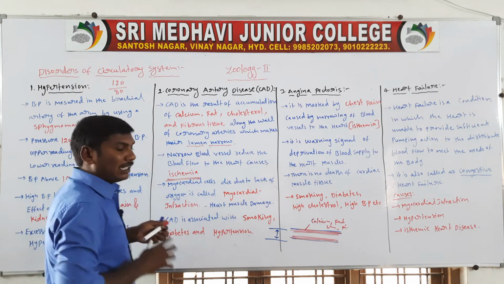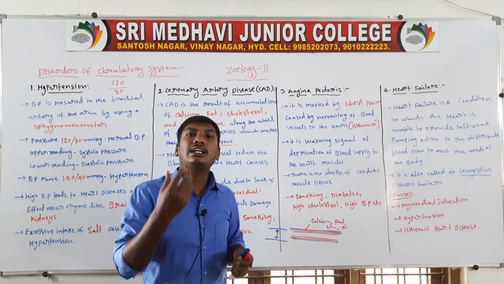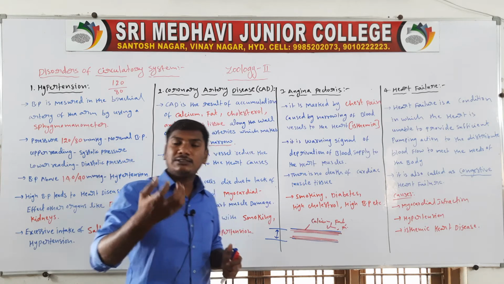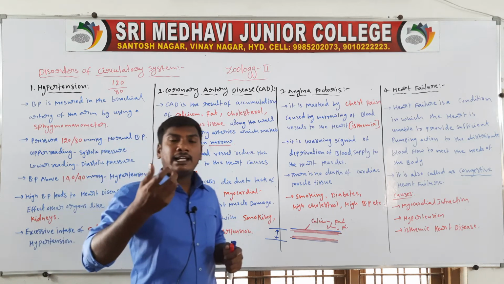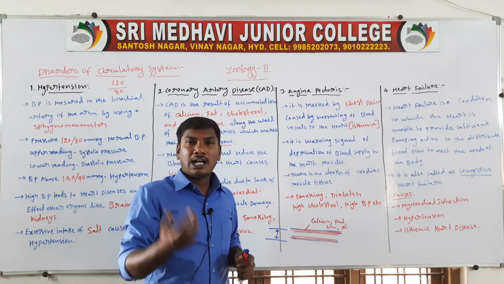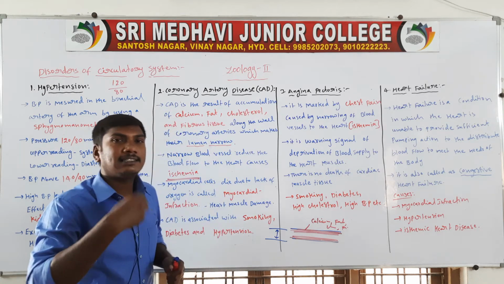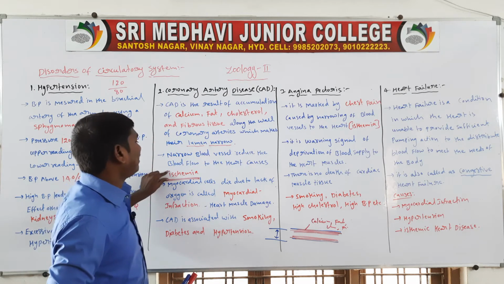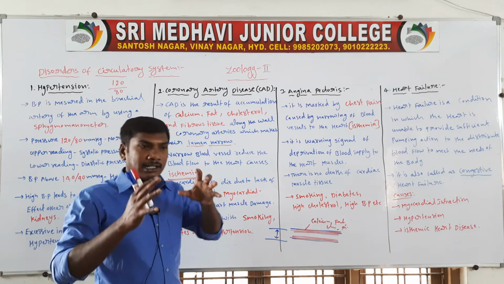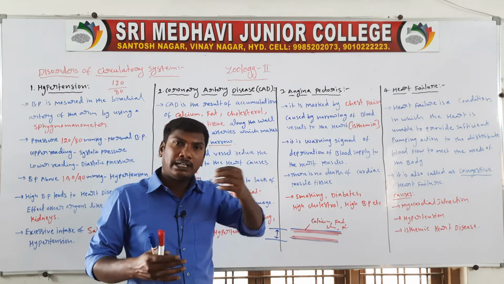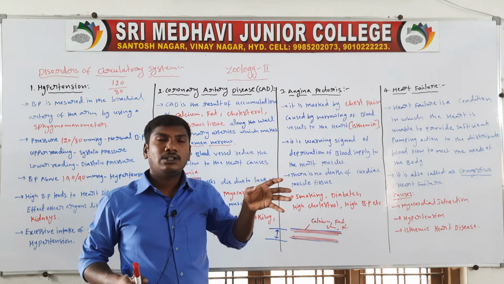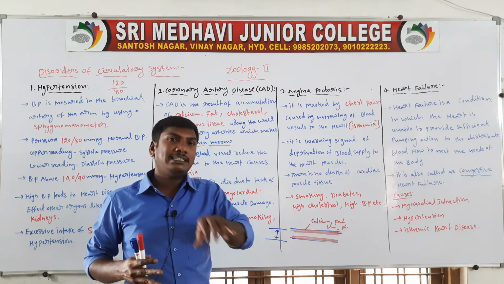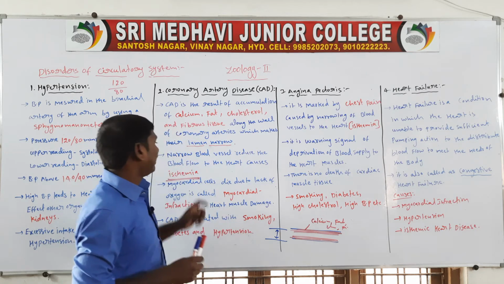Ischemia means the heart walls contain cardiac muscle cells, and these muscle cells receive only a small amount of oxygen. The cardiac muscle cells die. Less oxygen is transported through the coronary arteries to the heart walls, so oxygen levels decrease and the heart muscle cells die. This is called ischemia.